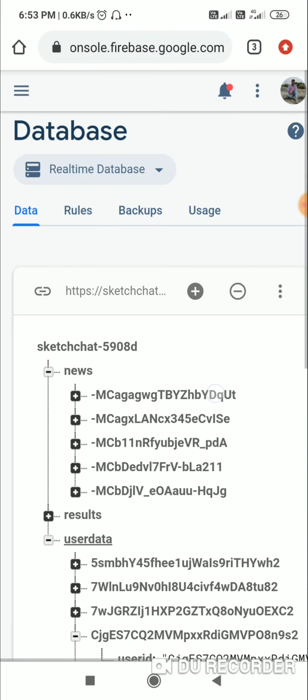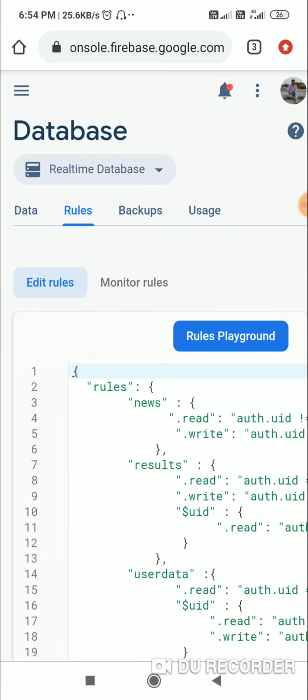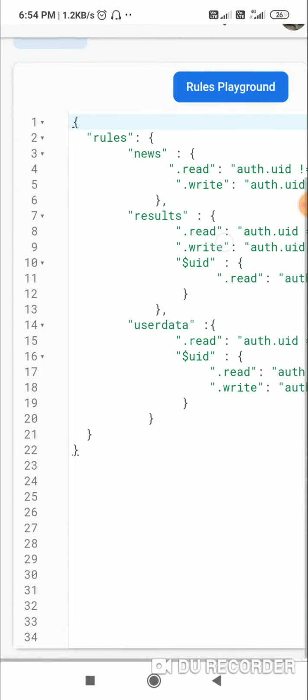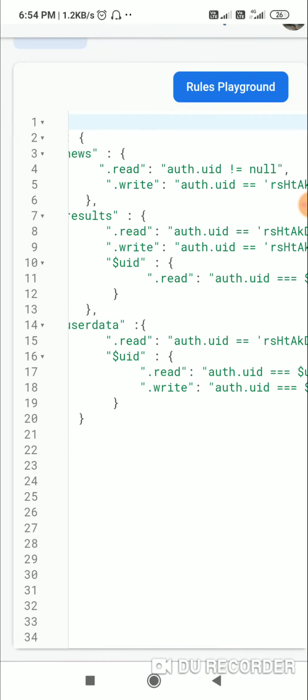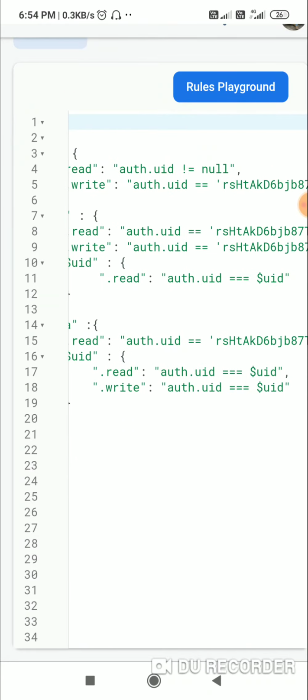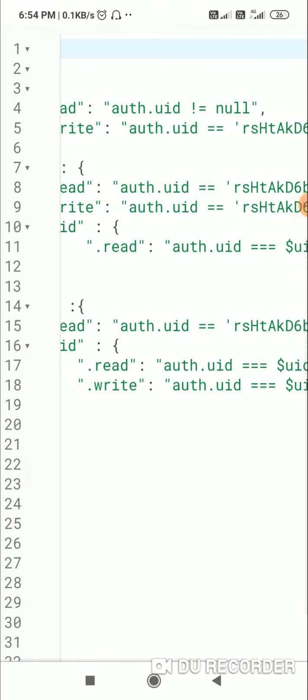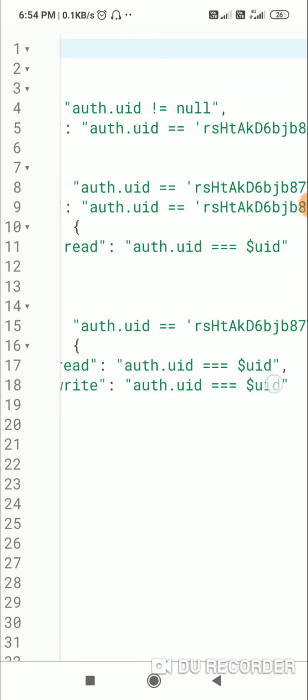Now here I have changed my Firebase rules such that user can see and write only their data. Here at user data you can see that there is this data location $UID, which contains .read auth.uid equal to $UID and .write auth.uid is equal to $UID.